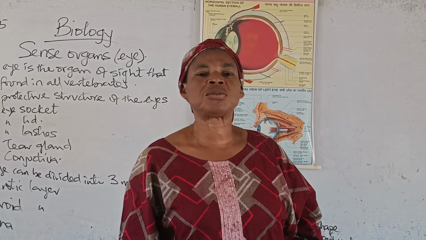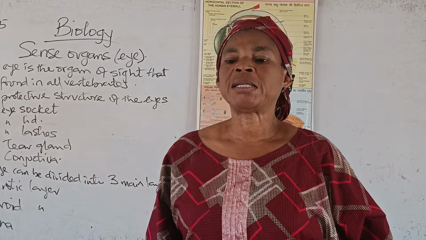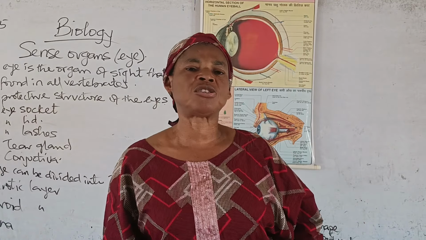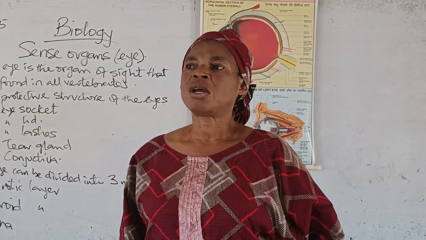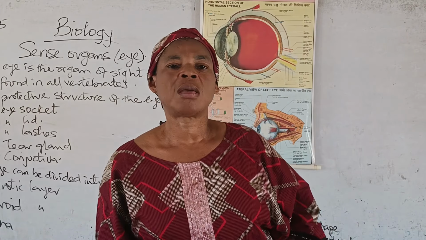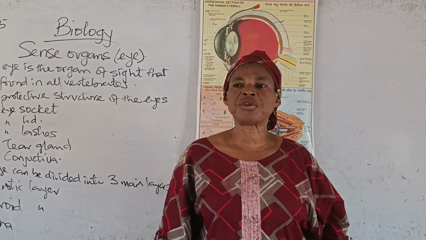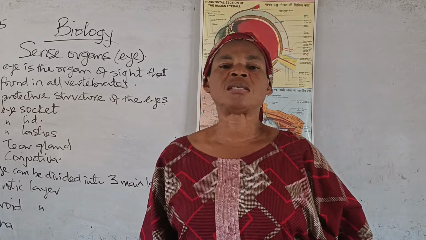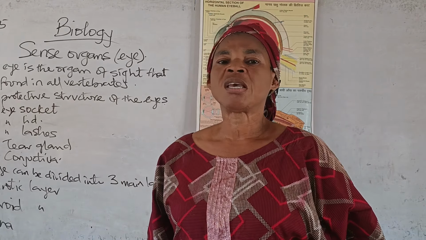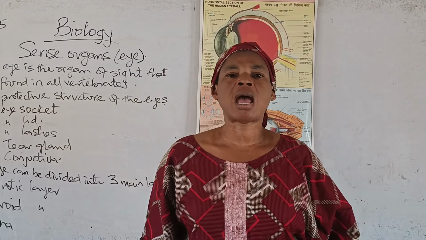So that means that we need to take care of your eyes so that they will function properly and not have any defect. If there's any eye defect, the best thing is just to consult an optician, not that you just go anywhere or do self-care, because that may lead to damaged eyes. And if you want to read any book, make sure that the print is fairly large. Reading small print should be avoided, because it can lead to